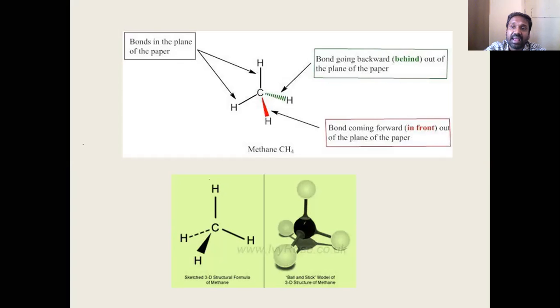You can place a plane anywhere. You can also place a plane like this. Any plane you place will have a maximum of 3 atoms on it. Say this molecule is sitting on the floor, for example. That floor is a plane. How many atoms does it contain? 3 hydrogens. Is it not? So what is the first